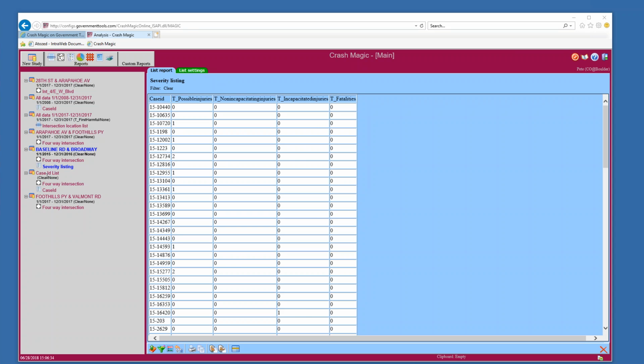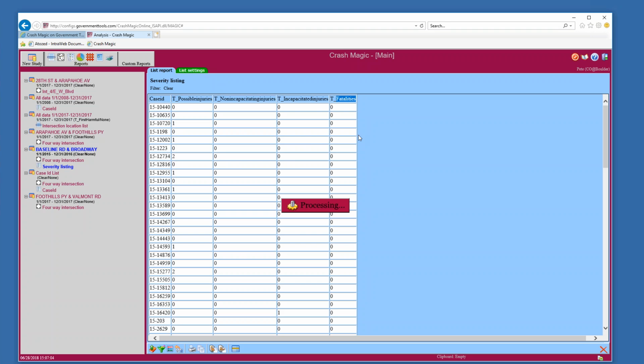First of all, we're going to create our aggregated field. I'm looking here at a case ID list, and the case ID list shows that this particular database knows how many possible injuries, how many non-incapacitating, how many incapacitating, and how many fatality injuries there were. But I don't have a single column I can look at and just tell me what type of a crash this was, what the severity was. So I'd like to create one that shows the most serious severity for the crash and be able to display that in a column. So what we're going to do is go over to the admin side